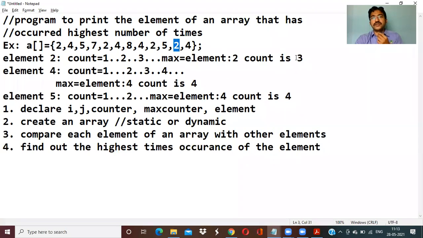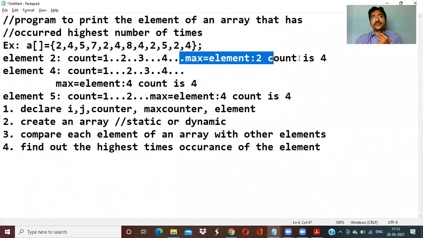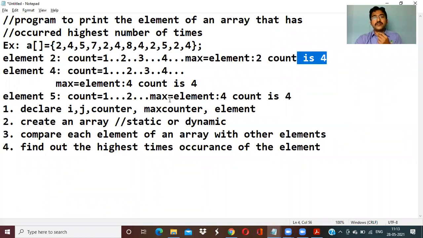The element 2 has count 4. For element 2 the number of occurrences is 4, and for element 4 the number of occurrences is 4. Both are 4. Which one should be taken? Whichever came first will be considered as the output, that is, element 2.